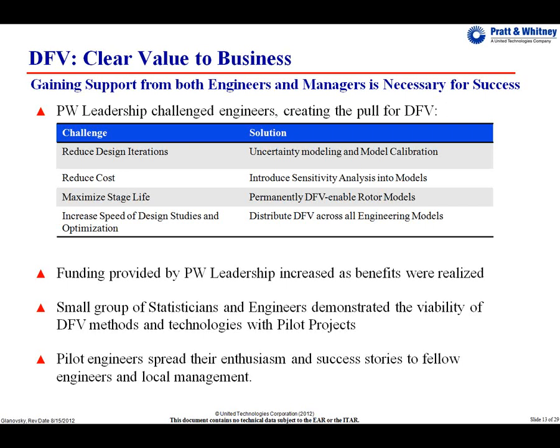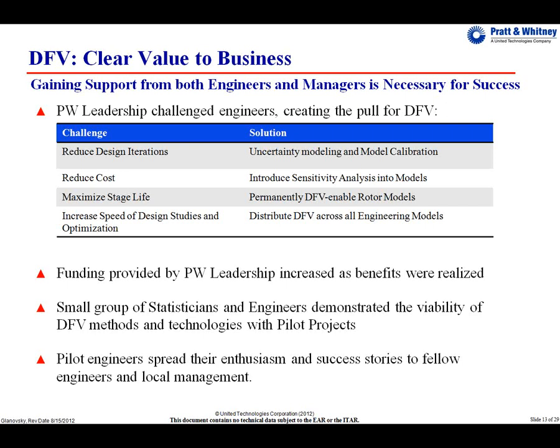And you wanted us to increase our speed in design studies and optimizations. Let us bring DFV across all of engineering when they're all using things like emulators and uncertainty calibration models. Things are going to work much faster. They can avoid some of those long-running old models. They can use some new IT tools. They're going to make things far quicker, and we'll see if we can't get things pulled down.